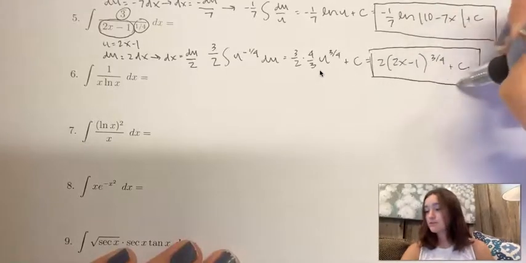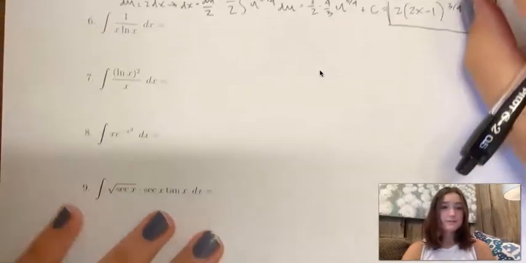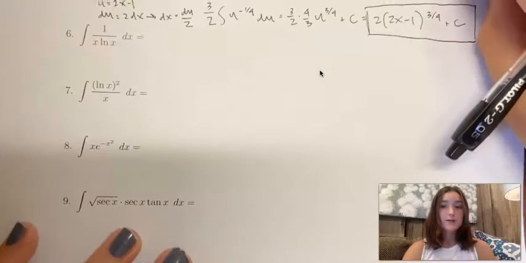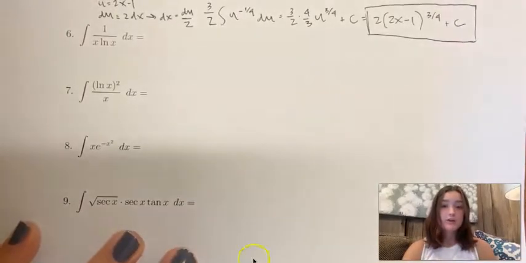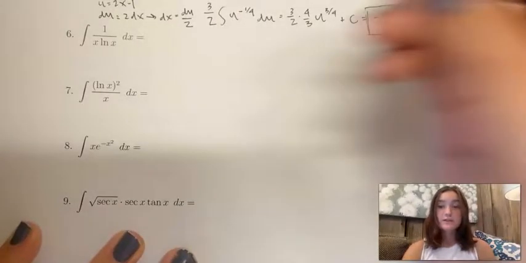Okay, so let's move on to number 6. So number 6 is an example of when I was talking about how the u sometimes is a little clearer if you realize that its derivative actually shows up somewhere else in this problem. So in this case, if we're trying to decide on our u, if you look at ln x right here, you know that the derivative of ln x is 1 over x, and you can see 1 over x in this problem. So that's a sign that that might be our u,